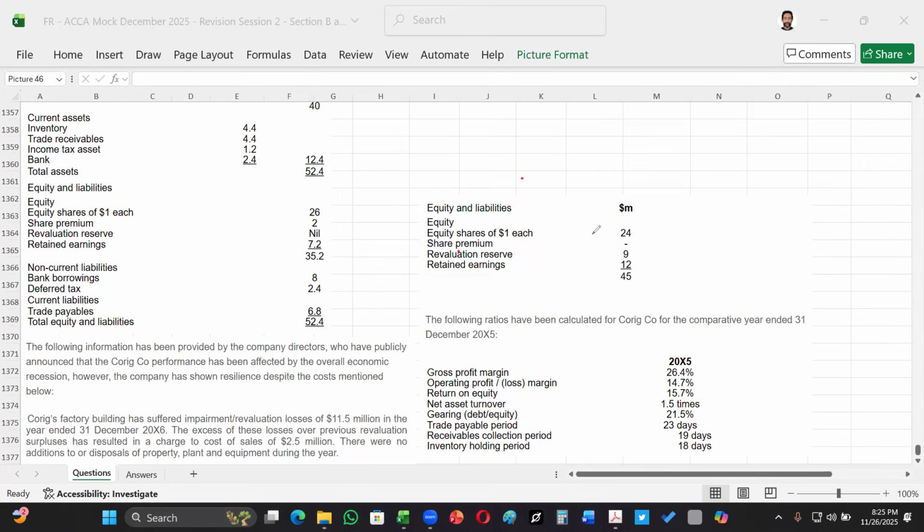And we had the retained earnings. We had retained earnings of 12 million. The retained earnings have gone down to 7.2 million. This is due to the dividends, and this is due to the loss that has been made. The major reasons for this loss during the year were the impairment cost, the cost of redundancy, and the fall in sales revenue. So these were some major costs that we covered this period. Okay, so let's go through the other pieces of information before we actually start calculating these ratios.